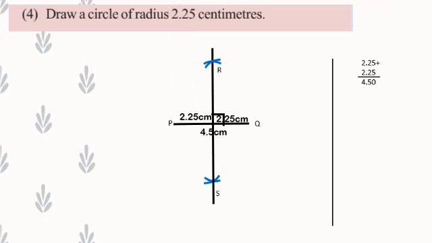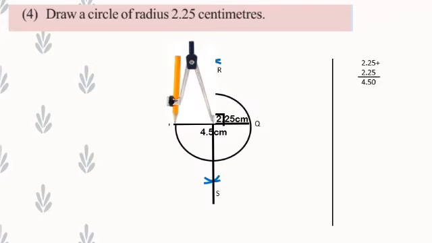Now we get the perpendicular bisector of the line PQ, that is passing through the exact midpoint of the line of 4.5 centimeters length. Here both sides are 2.25 centimeters length. Now let us draw a circle with radius 2.25 centimeters. For that, set the compass width 2.25 centimeters from the midpoint to the point P. Now the radius of the compass is 2.25 centimeters. I place the compass on the center and draw one circle with radius 2.25 centimeters.